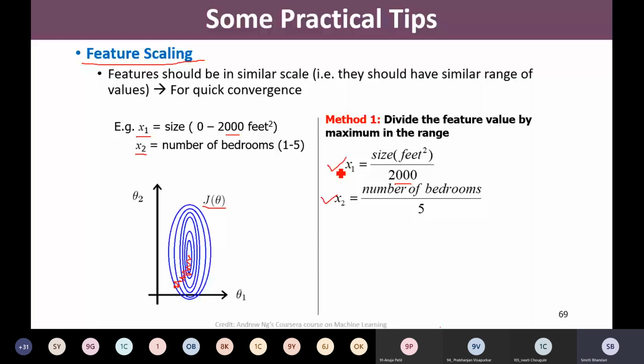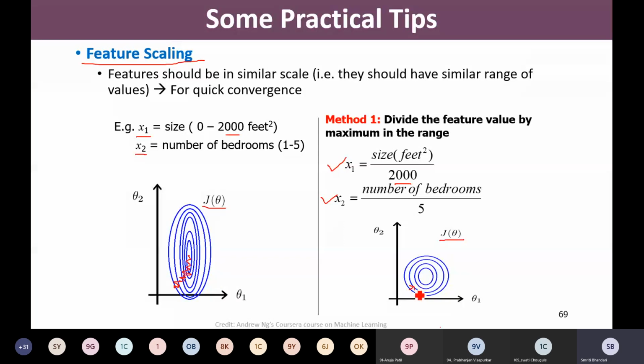Okay, and these new values of the features are being considered further for gradient descent, right? So if we apply such a strategy and try to plot J of theta using this contour figure, then we have almost circular contours. And if we have such contours, these are less skewed, right? These are not tall, these have a circular nature, then obviously what will happen is